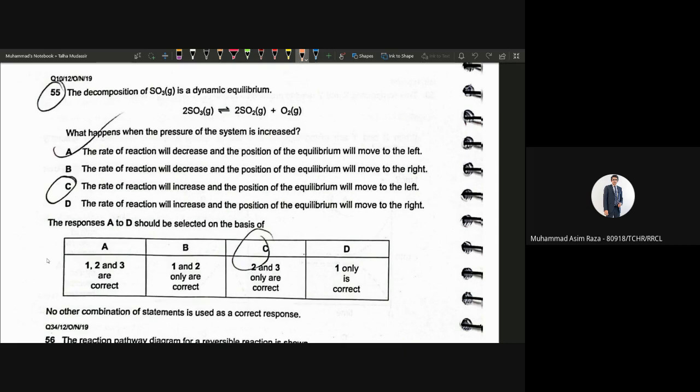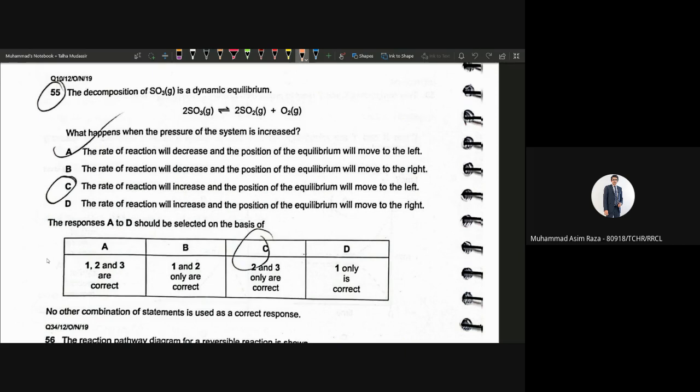नहीं, rate of reaction will decrease. How will it decrease? What happens when pressure of the system is increased? अच्छा, वो इस तरह से, wait a second, because when you will increase the pressure, equilibrium will shift towards the reactant side. तो जो आपके पास ओवरऑल नंबर ऑफ मोल्स ऑफ गैसेस है वो कम हो जाएंगे,